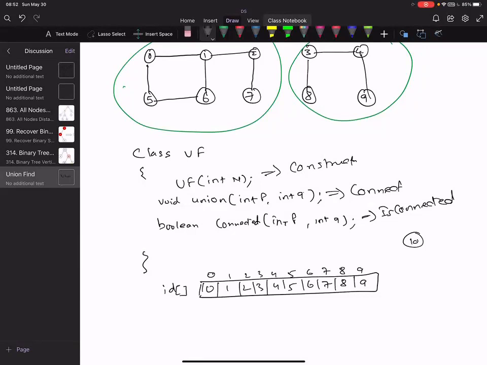Okay. Now I want to say connect 0 and 1. I can either change the value at index 0 to 1's value, or the value at index 1 to 0. For simplification, I will always change the value of the first element, or the second element, you can choose anything.